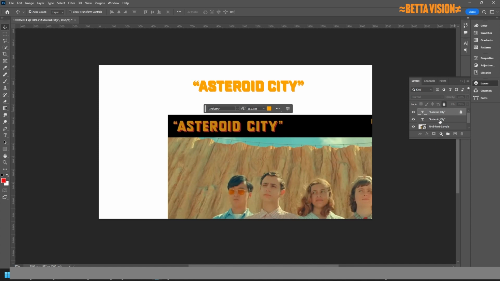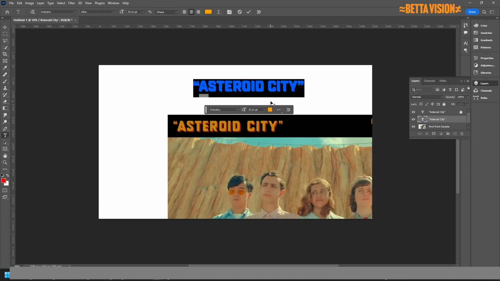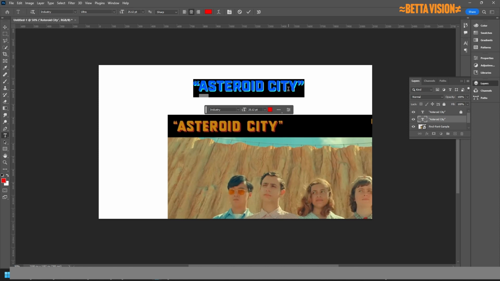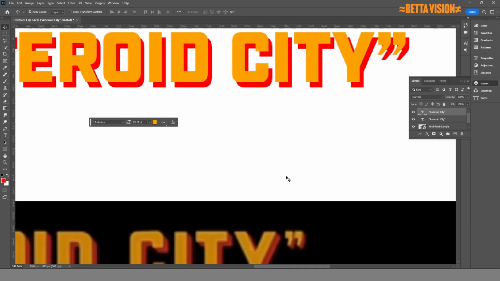Because it's kind of weird, I'm just going to lock the layer. Here we go. We're going to choose red now. There it is. So it's a very stark shadow that's there, and that looks pretty close. It seems a little wide, but